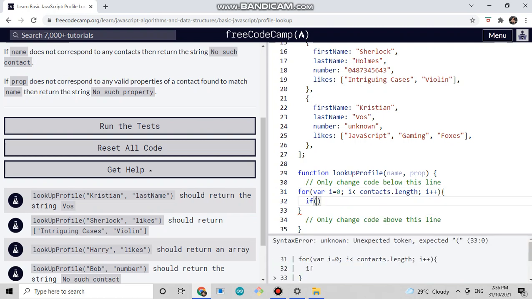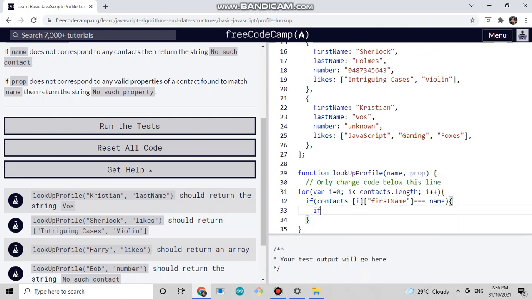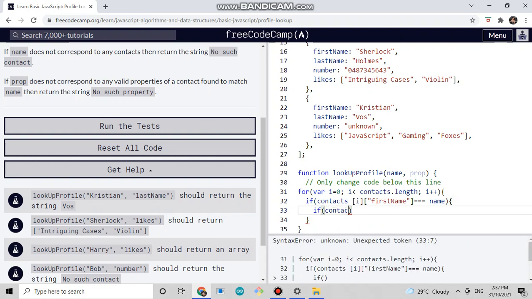If contacts[i].firstName is strictly equal to name, then another if statement: if contacts[i] hasOwnProperty prop,